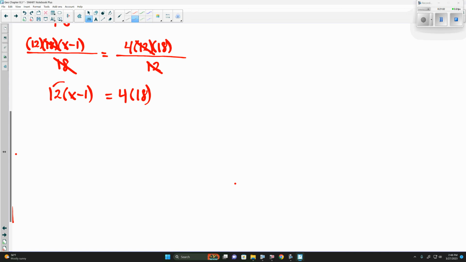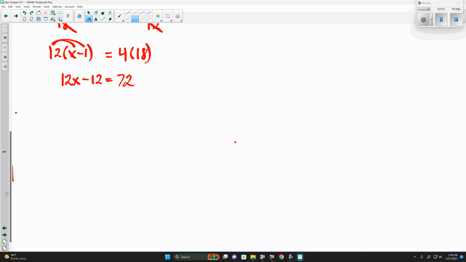Now here we can distribute the 12. 12 times x is 12x. 12 times negative 1 is negative 12. 4 times 18 is 72. And we would add 12, because negative 12 plus 12 is 0. Telling us that 12x is equal to